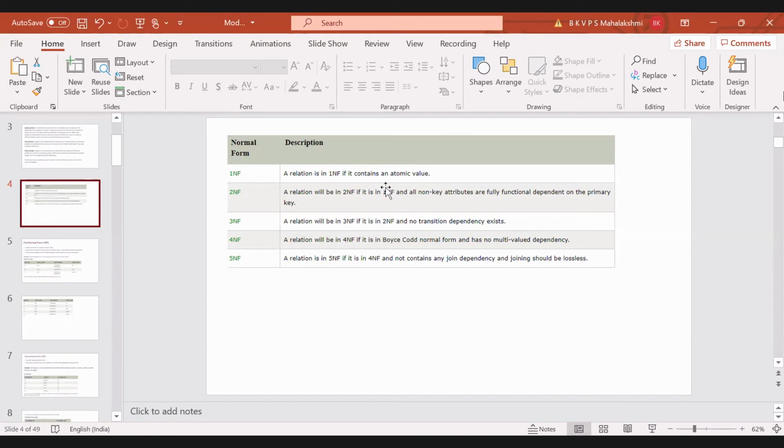If it is not in 1NF, then there is no need to check for 2NF. So that is the first thing. And then if it is in 1NF, we have to check whether all the non-key attributes are fully functionally dependent on the primary key or not. Fully functionally. Okay, so note down here. What is the meaning of this? Any example? Anybody? I already told you key attribute, primary key attribute and non-key attributes. Can anyone give me an example for this?